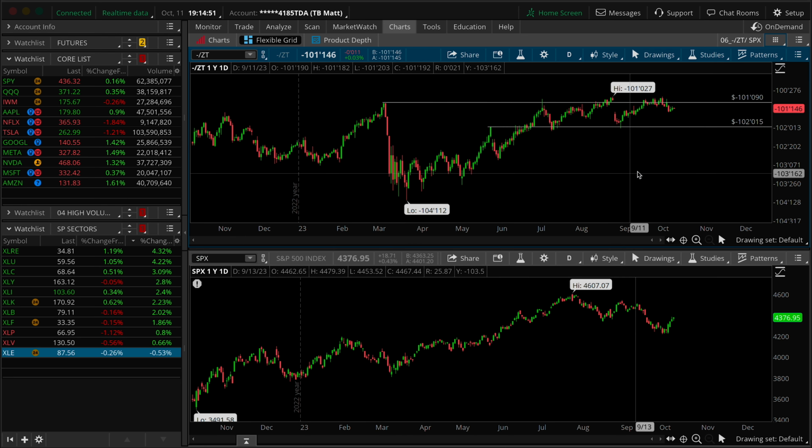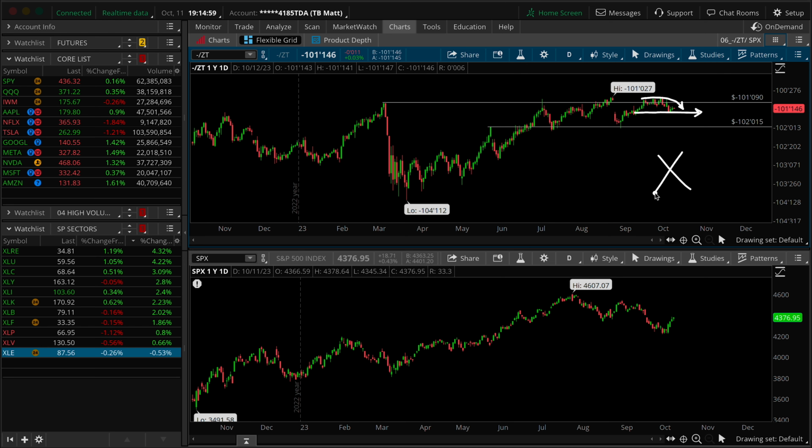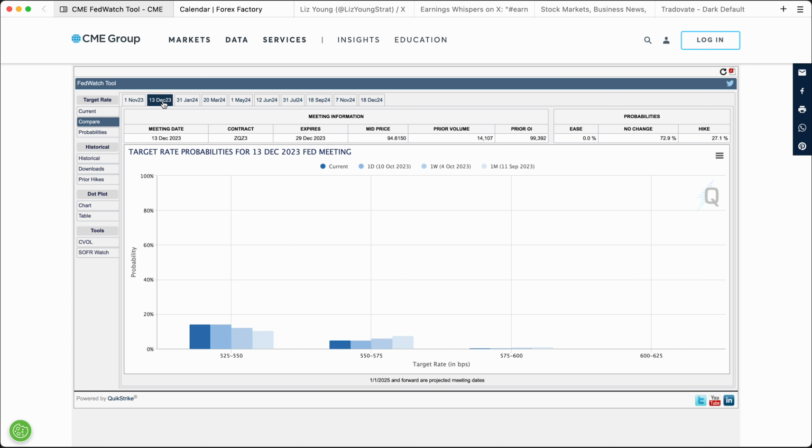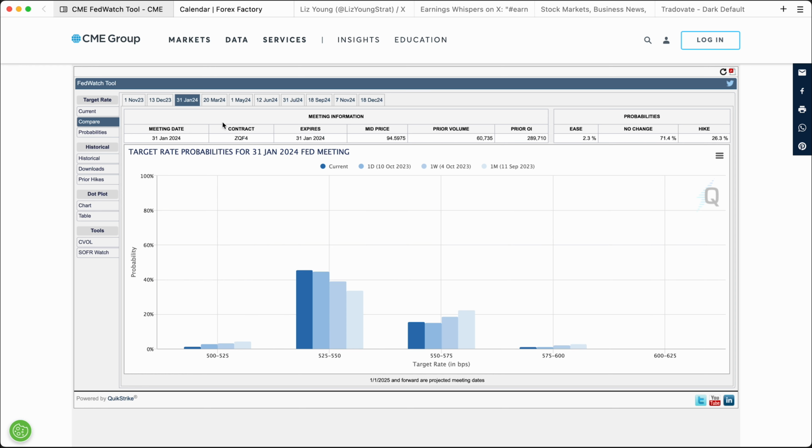Let's take a look at the inverted ZT. This is starting to show a little bit of a rolling over effect, putting us more firmly in the midpoint of this range. Would be more indicative that we are not going to get an additional hike from the Fed. Let's take a look at the tracker tool now. So higher odds for a pause, lower odds for a hike should not come as a surprise considering what we just saw in the inverted ZT. Same thing for the December timeframe and same thing for the